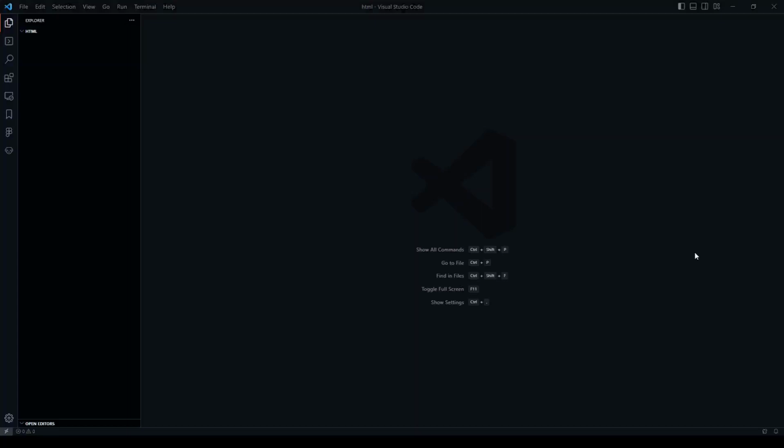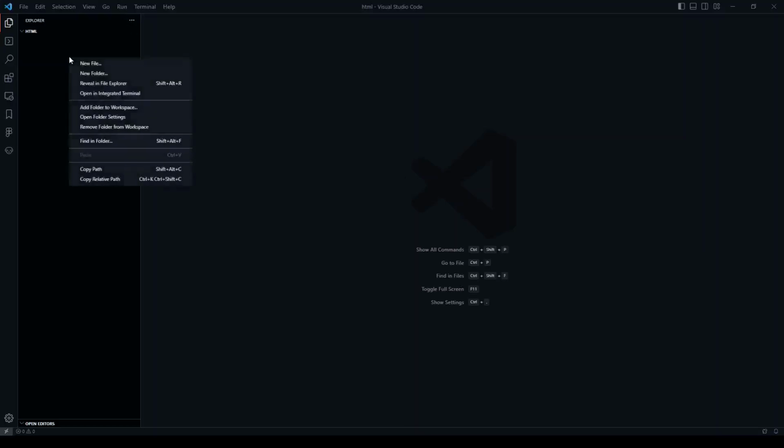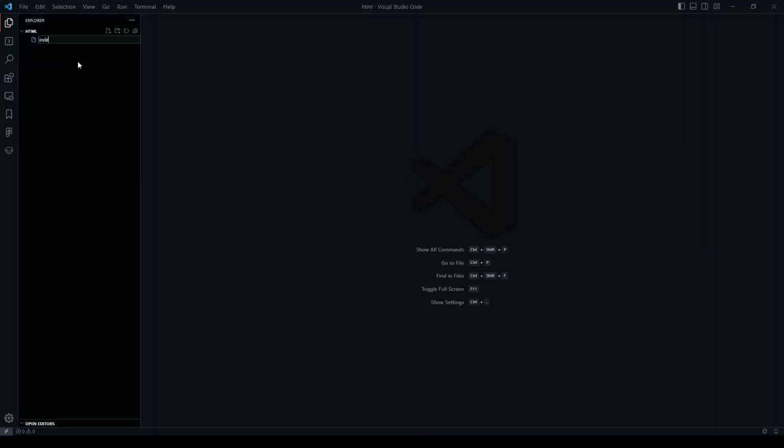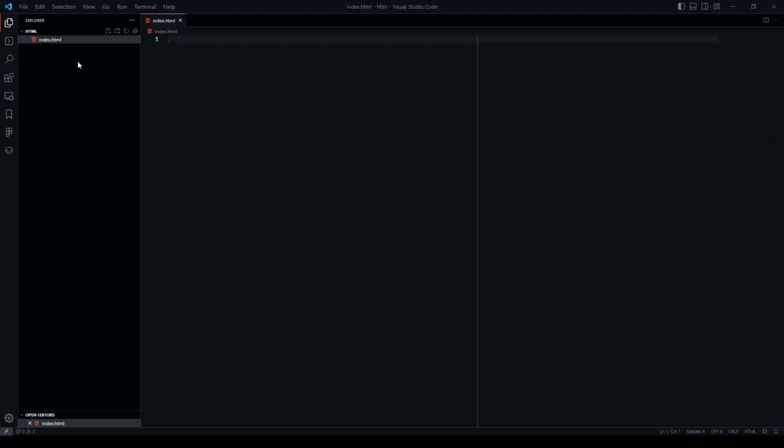To get started, we want to create a file called index.html. This is the main file of our HTML website. Now, I would highly recommend using a code editor like Visual Studio Code. I'm using this, or you can also use something else like CodePen in the web, or VS Code in the web,